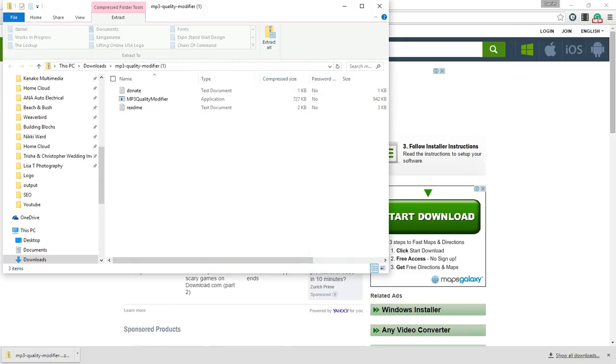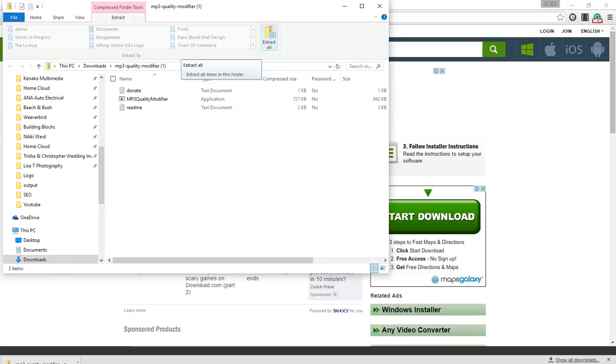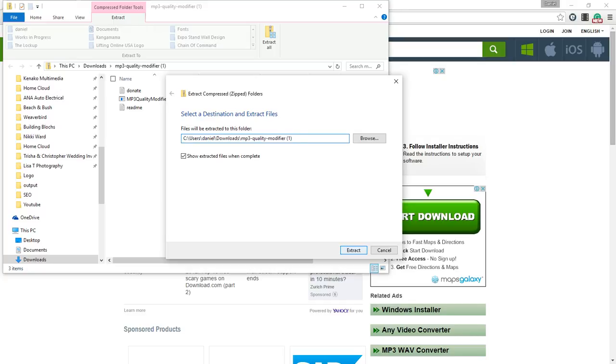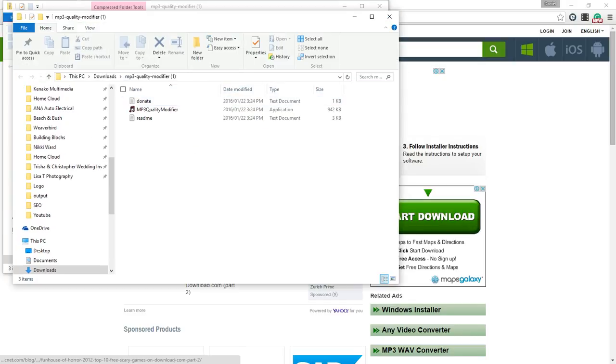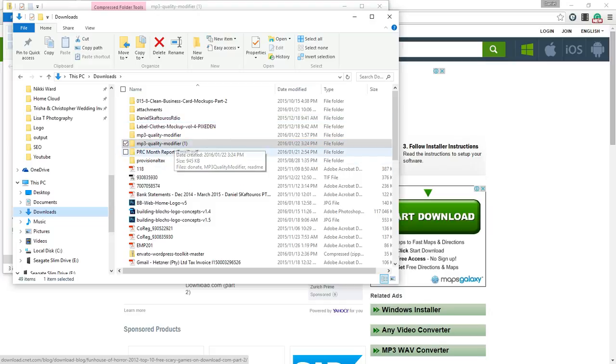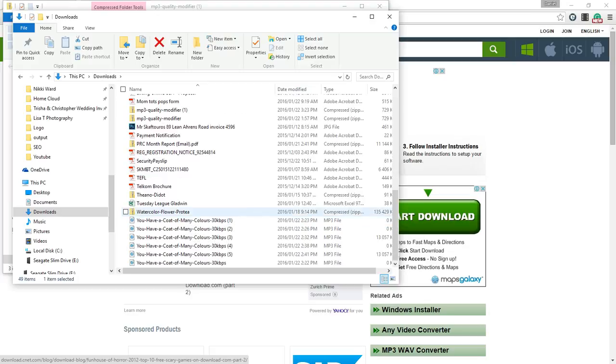And now what I have to do is extract this folder, which is really easy to do. Just click extract up here, then this window will come up and you can click extract, then go to your downloads folder. Well, it's already opened it for me here, but if you can't find it, just go back to your downloads folder and click on the file, the open file,